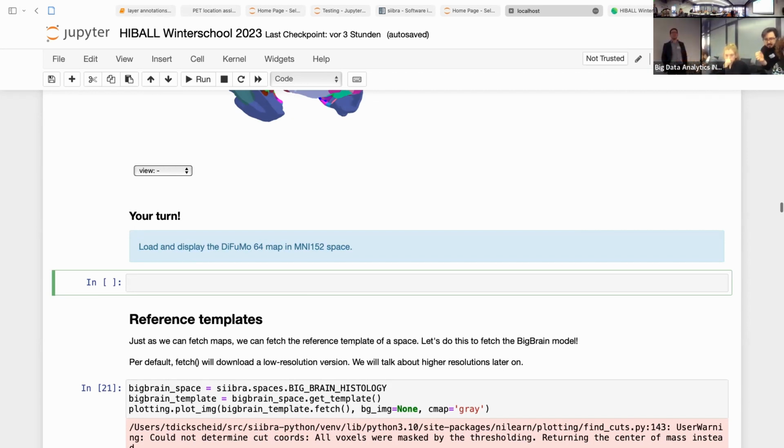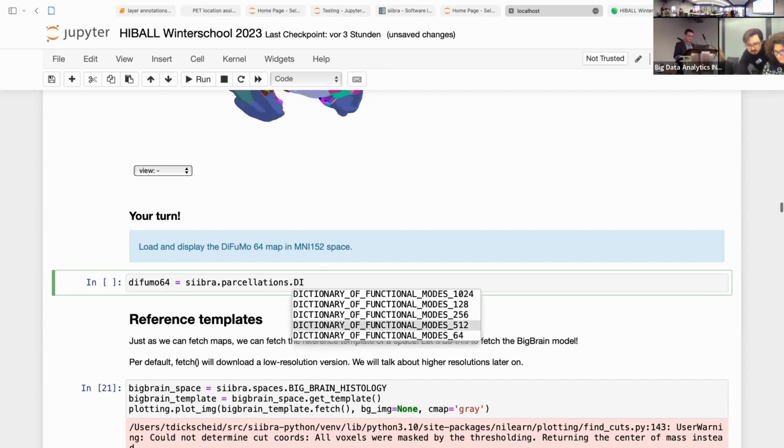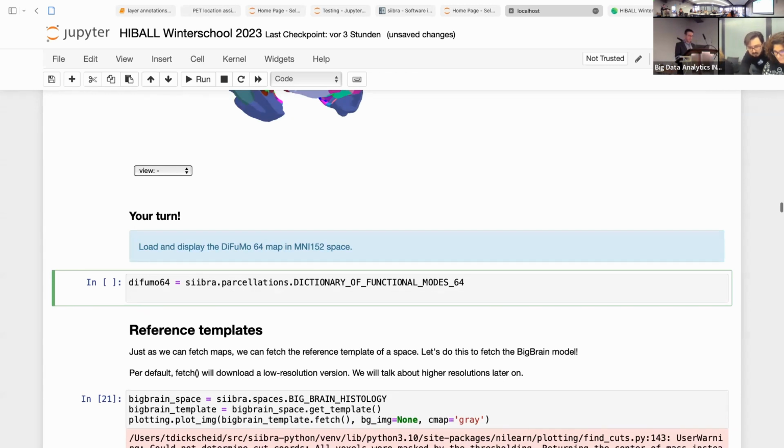Are you fine? Is it constellation? Maybe so. What I would do is just fetch the parcellation, just get access to the parcellations. And now that's the right parcellation, because if you write the parcellation in this short form, I don't